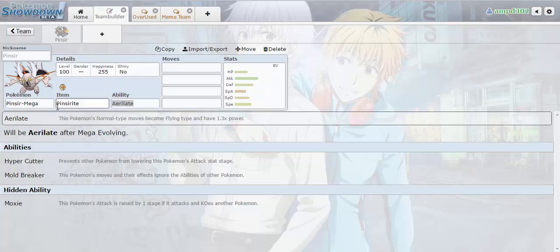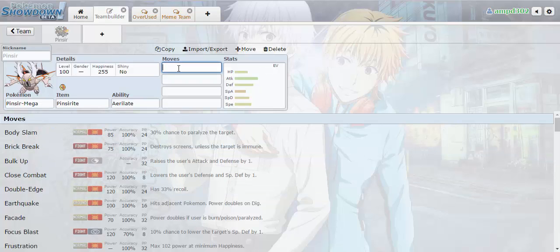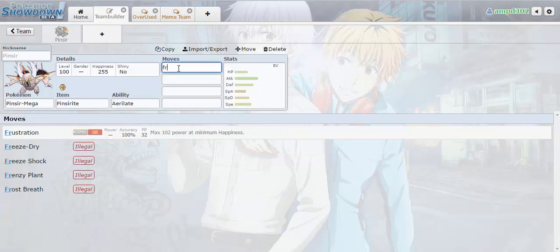And today we're going to be using this mod that I've actually used maybe once or twice ever. It's this monster known as Mega Pinsir. So Pinsir's strong, and of course it has Aerilate to boost its normal attacks, to also give it a flying STAB and an actual boost. So I think everyone pretty much knows the set of Pinsir, so Frustration or Return, whatever